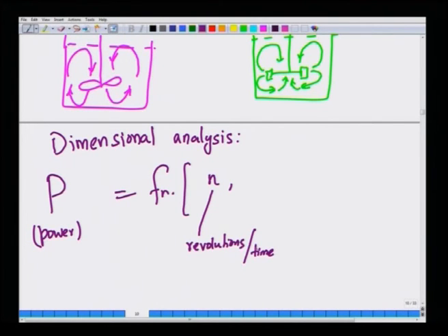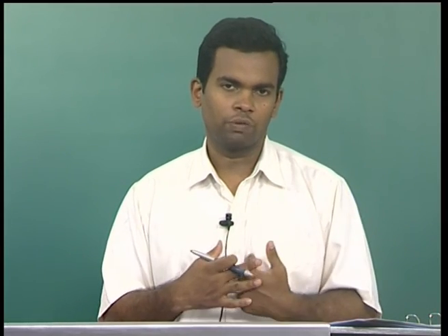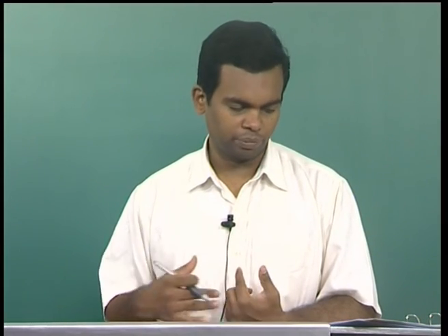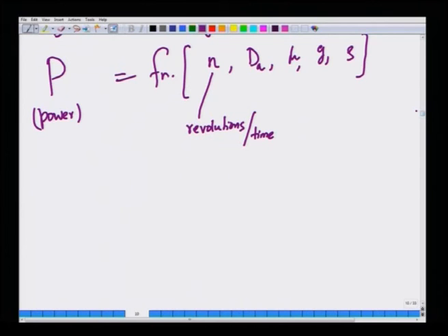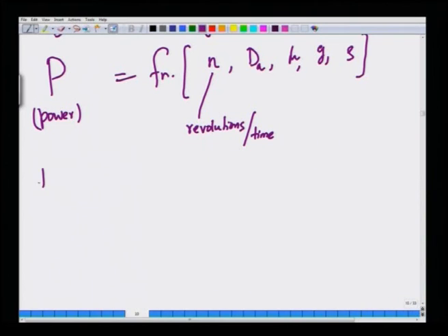So, per time. Now, the diameter of the impeller, viscosity of the fluid, gravity, density. Gravity is important because there is a free surface, so the formation of vortices and so on will be affected by gravity. So, you have so many dimensional variables. We will use the pi theorem. I will not go into the details. If you do dimensional analysis by using the standard recipe that I have mentioned before in this class,